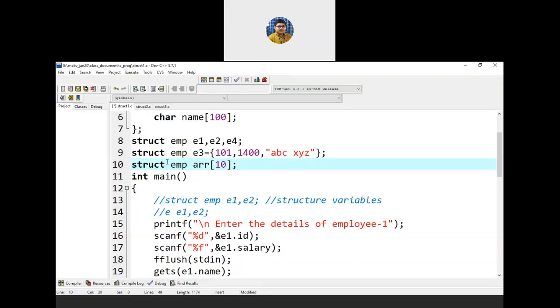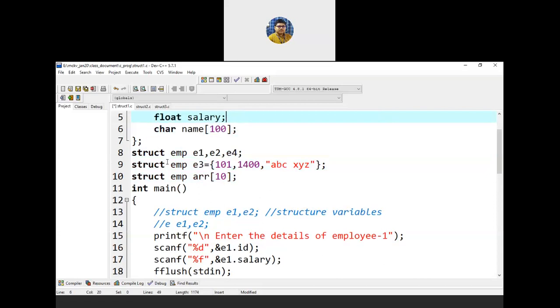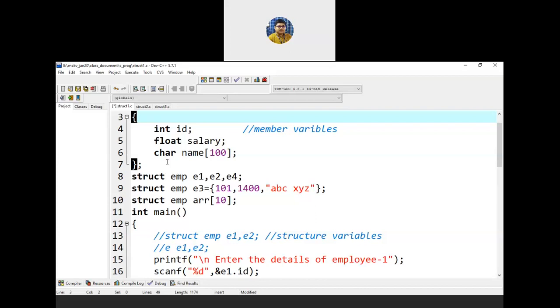So what does it mean? It means each and every index of this array is an employee, and because it is a structured type employee, each and every index has these 3 members: ID, salary, and name. Each and every employee has these 3 members, in each and every index of this array. So try to take input for